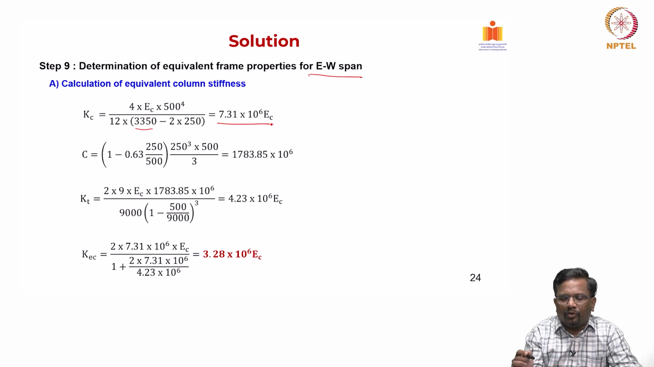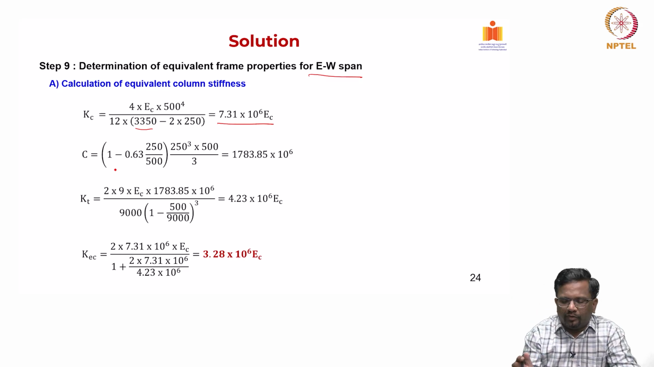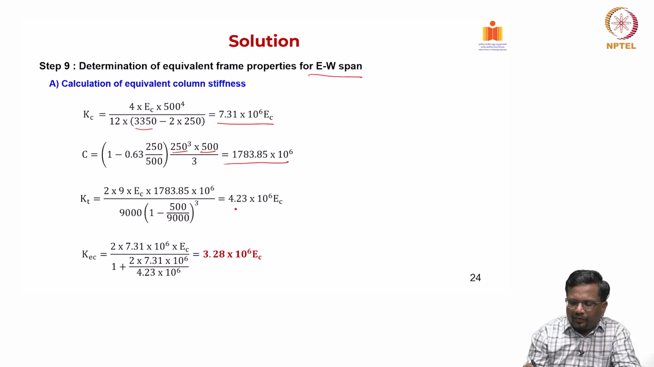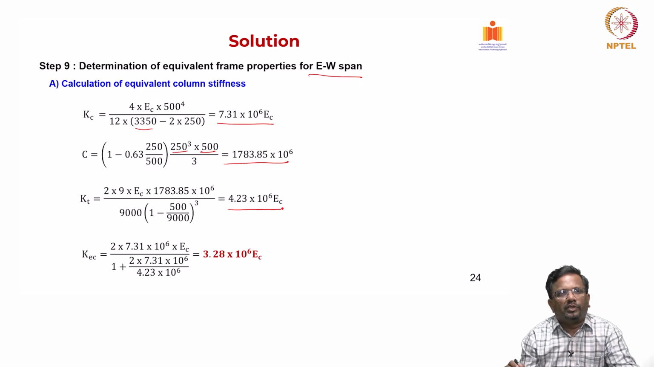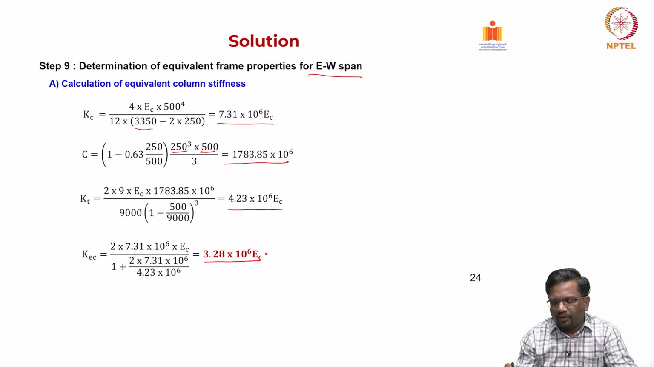So, we work out 7.31, and for torsion stiffness again we are assuming that a portion of the slab will contribute in torsion up to the width of your column width, which is 500, and depth is 250 for the slab. So, 250 cube into B by 3. If you substitute all those things, the torsion property is 1783.85 into 10 to the power of 6, and the KT equation, if you substitute, you get 4.23 into 10 to the power of 6. So, you again plug into the equation to get your KEC as 3.28 into 10 to the power of 6 EC,